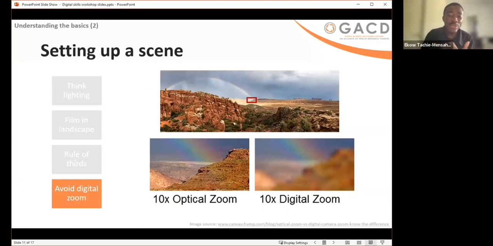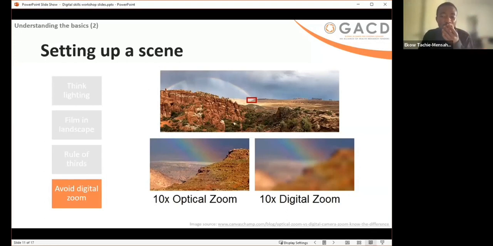So know that digital zoom is basically making a picture bigger on your screen, but it can make your video less clear. So always avoid digital zoom. If you want to show something which is very close, you don't need to enlarge it. Just move your camera physically close to the subject.